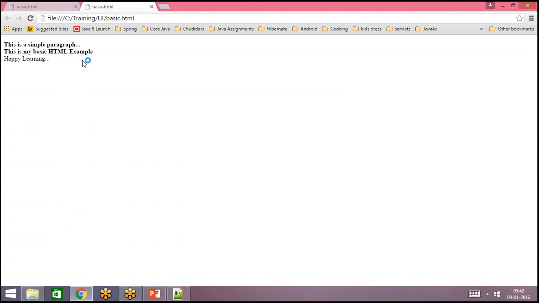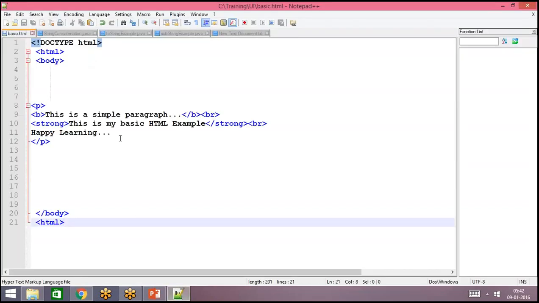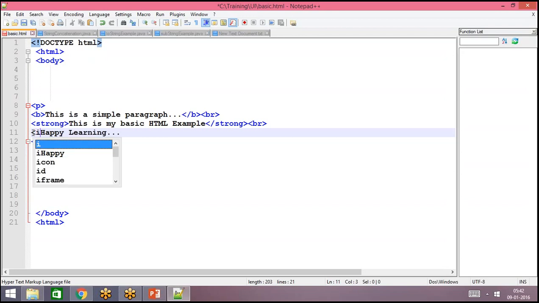So if you see, the output is almost the same. Strong is generally shown as bold text only. And I'm going to add italic text for the third statement, so we can use the element I. This statement will be shown using the italic font.